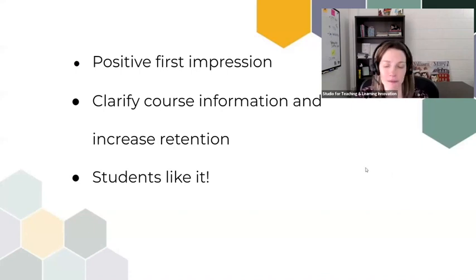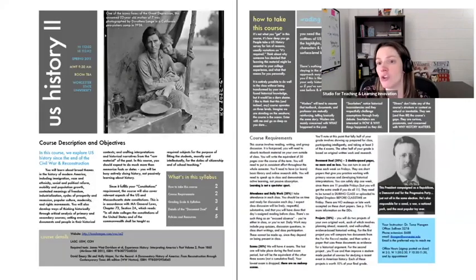So what do they look like? They can take a variety of forms. And I'm just going to really quickly show you a couple of examples. And then we're going to deep dive into 2 William and Mary instructor created examples. So it might be a newsletter. You might use a template. There are templates for newsletters in Canva and in Word, where you are breaking down the most important information for